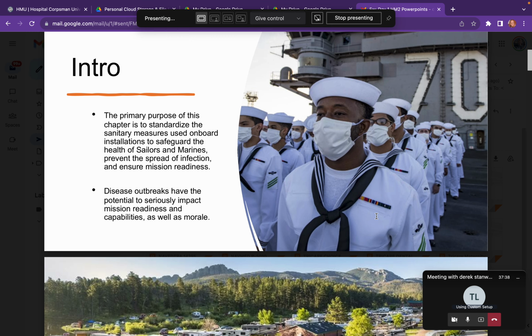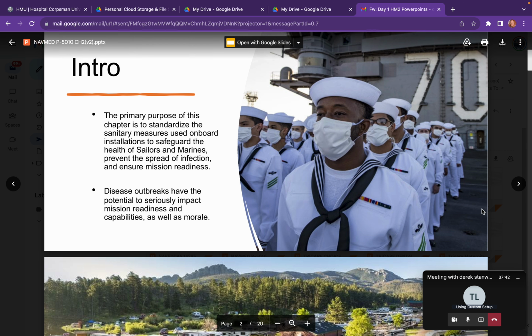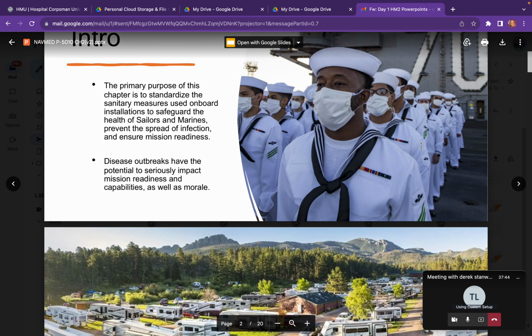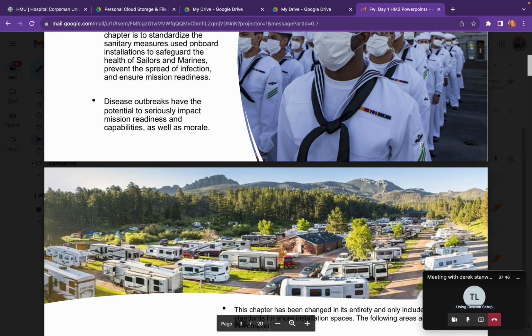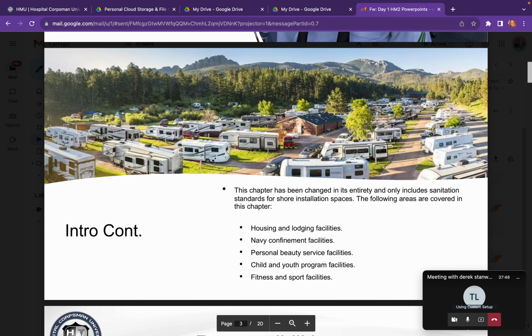Most of the time when it comes to actual injuries, even in wartime, the majority of them are going to be disease non-battle injuries. And you'll see that when I teach chapter 9. Like I just mentioned a little while ago, this entire chapter was completely revamped. It was a little bit longer. There were a lot more numbers, things like that, but it's not really things that we need to know,